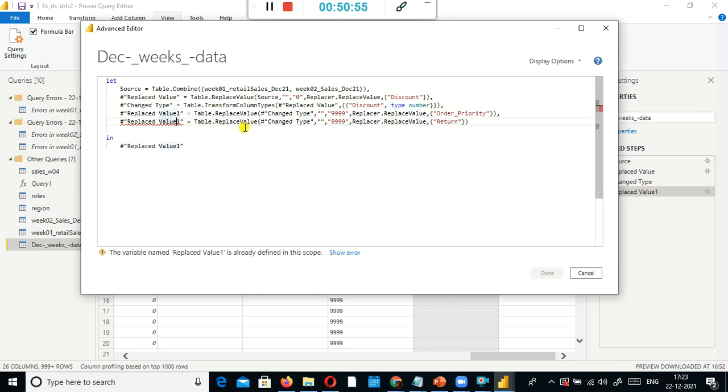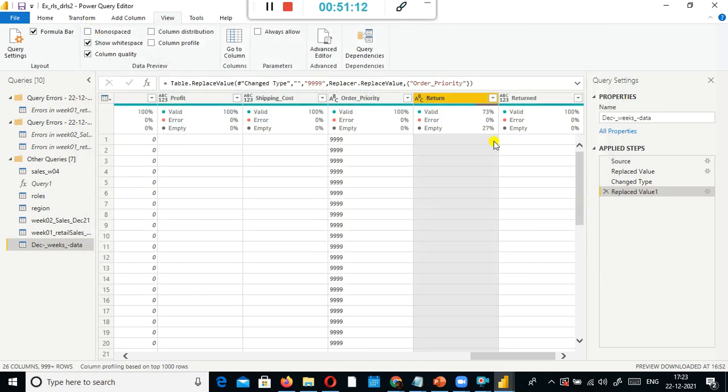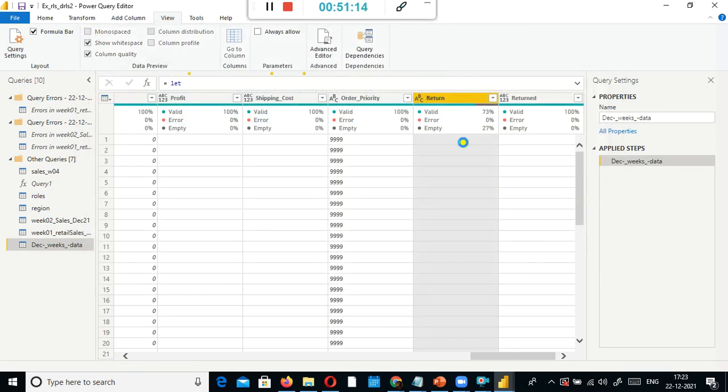So you need to use a second one, something like that. You cannot use the same name; use different variables. The let block and in block we discussed: the let block will have the variables and the in block will have the output value.